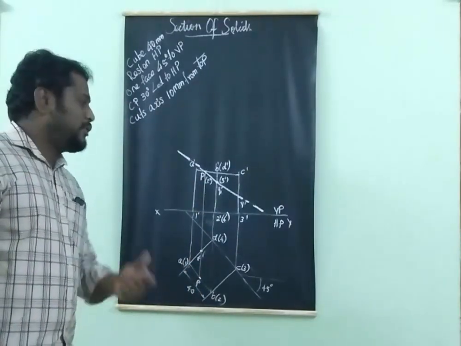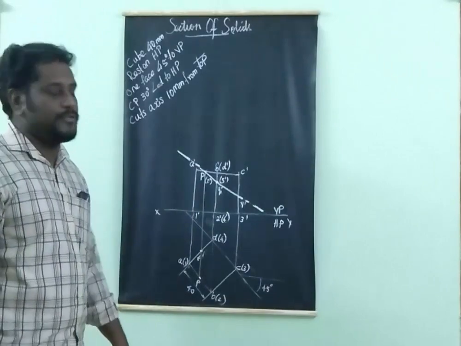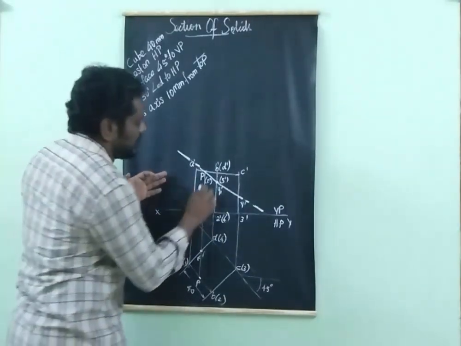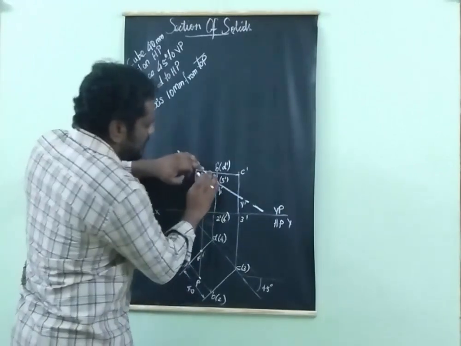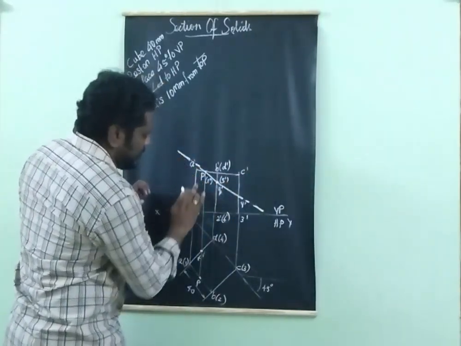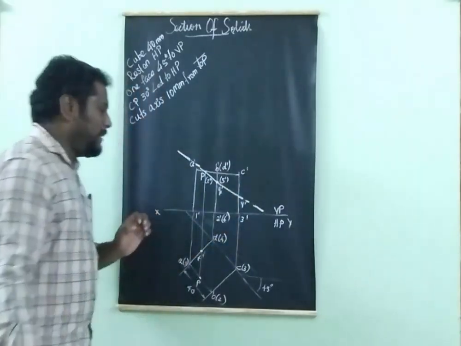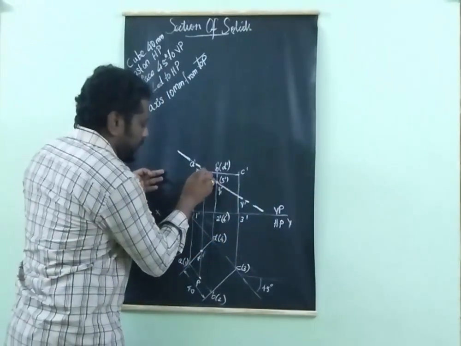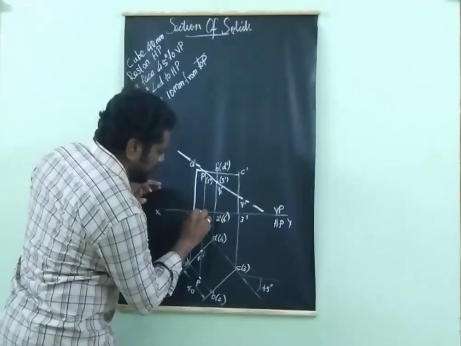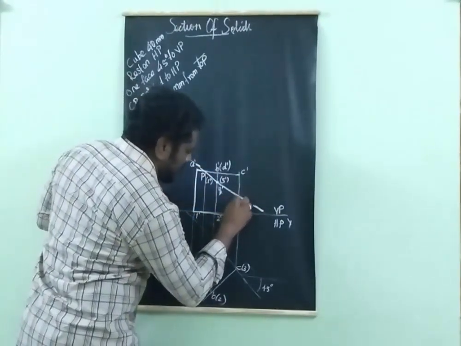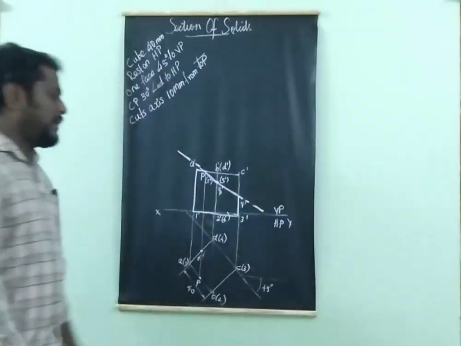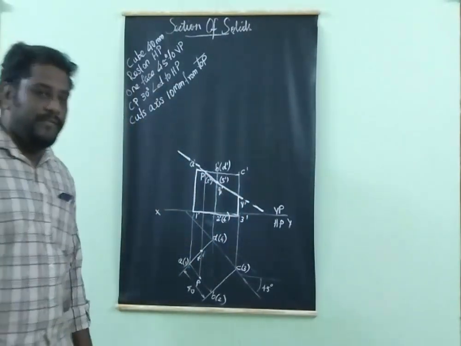The next thing is you have to draw the sectional views. First, you have to draw the sectional front view. So now the sectional front view is this portion: this entire portion will be removed and this portion will be the remaining portion. So you have to thicken all these edges to show your remaining portions. Okay, this is your sectional front view.